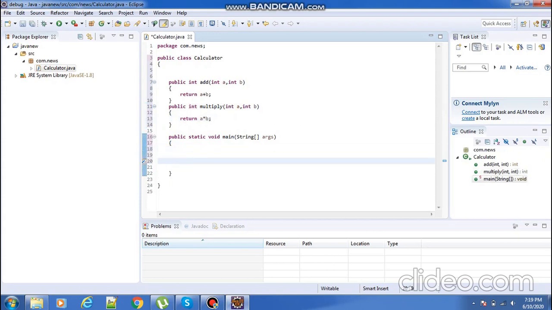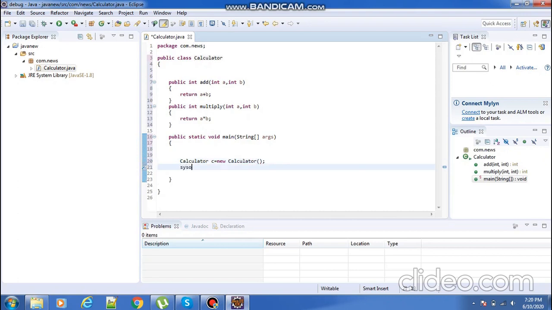Finally, I'm creating the object. What is the class name? Calculator. So Calculator c equals new Calculator.